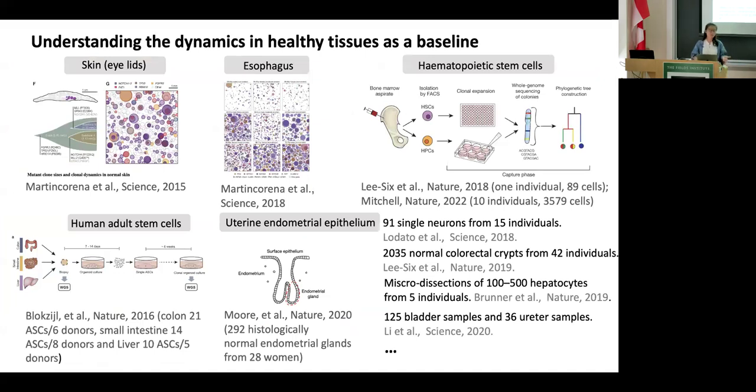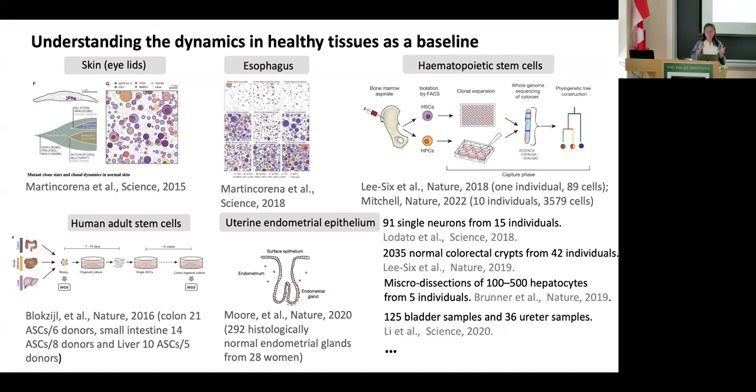A simple example is the skin data in the Martin Cariana 2015 paper, where they recognized many oncogenes that you would suppose are only present in tumor, but are also present in normal tissue. So here is just an example list of healthy tissues where people look at either genomic data or even single cell data. The first and second papers are what Kit was talking about this morning as well. And also the Lee paper, where they take bone marrow,